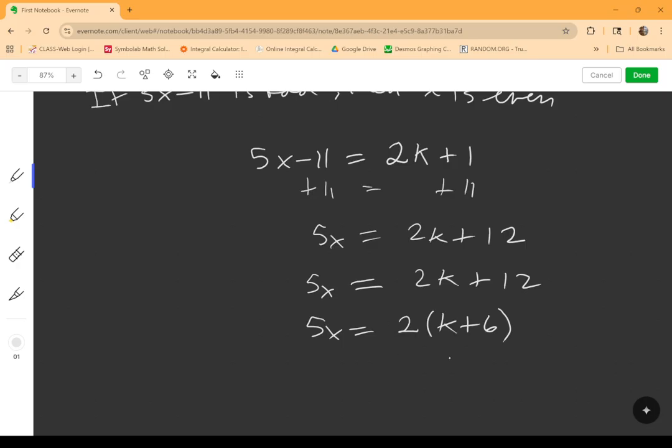So we have 5x is even. And as I think we've seen before, if we have a product of numbers A and B that is even, then either A is even or B is even. 5 is not even, so that means that x must be even. So therefore, x is even. Okay, and that concludes